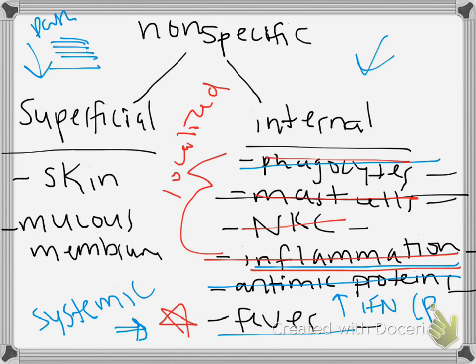Then we went into these antimicrobial proteins, the interferons being released by a virally infected cell to save its neighbors, and the complement proteins, which have two mechanisms, the classical, which is going to work with antibodies and the pathogen complex, or just the alternative, where it's just a complement protein, and either of those sets of mechanisms is going to result in phagocytosis, lysis, or inflammation. And then we saw our systemic